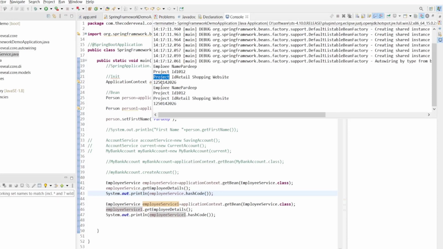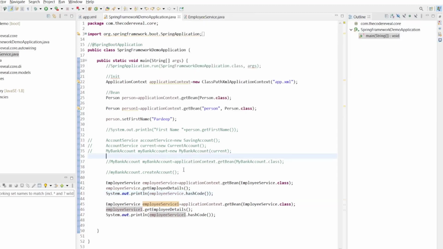Now it's using the shared instance. So in memory, the Spring IOC container is creating a single object, and that will be shared across the application. So that is about the bean scope.